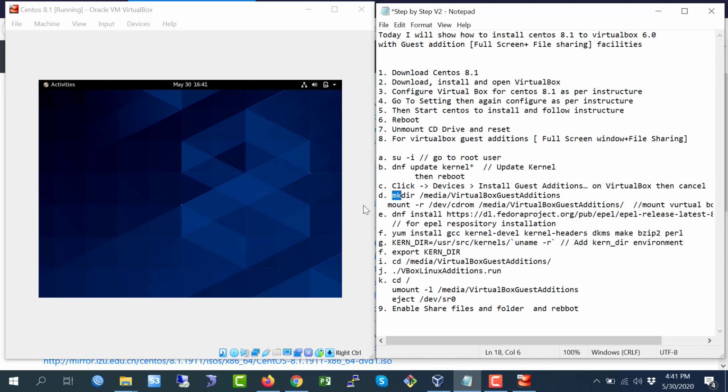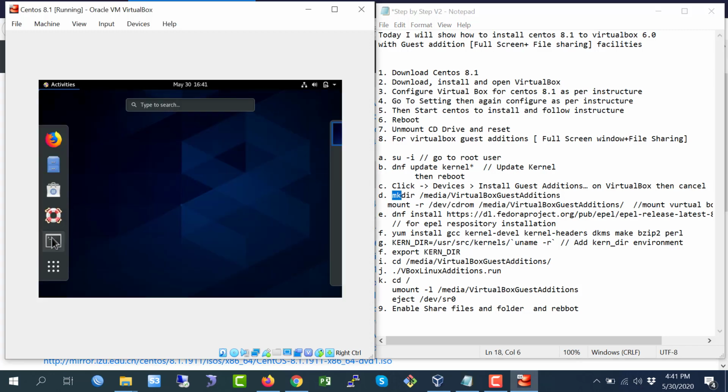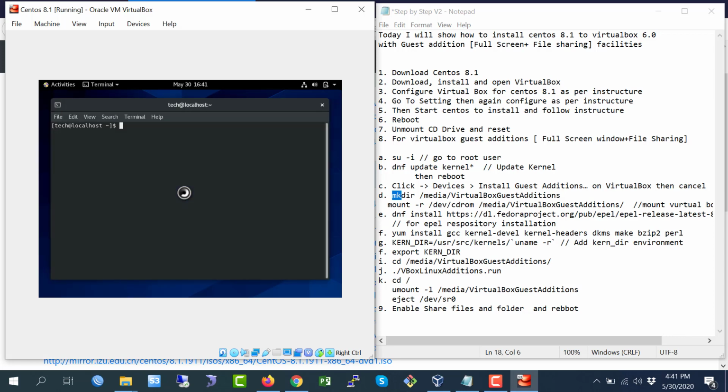Then here's the option D. You see this is the root.